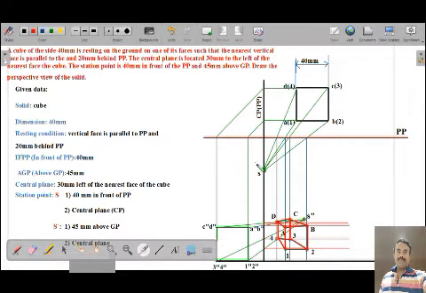So it's a cube. First draw the top view, then draw the side view according to the given conditions. Then locate the station point for the top view as well as the station point for the side view. Then connect all the corners with the station point S, and connect all the corners in the side view to the station point S double dash. Find the interceptor or piercing points. From here, draw the vertical line; similarly, from the other piercing points, draw the horizontal line. The intersections of the vertical and horizontal lines give you the corresponding corners. Connect all the corners, and you will get the perspective of the cube. So this is the solution for the given problem.